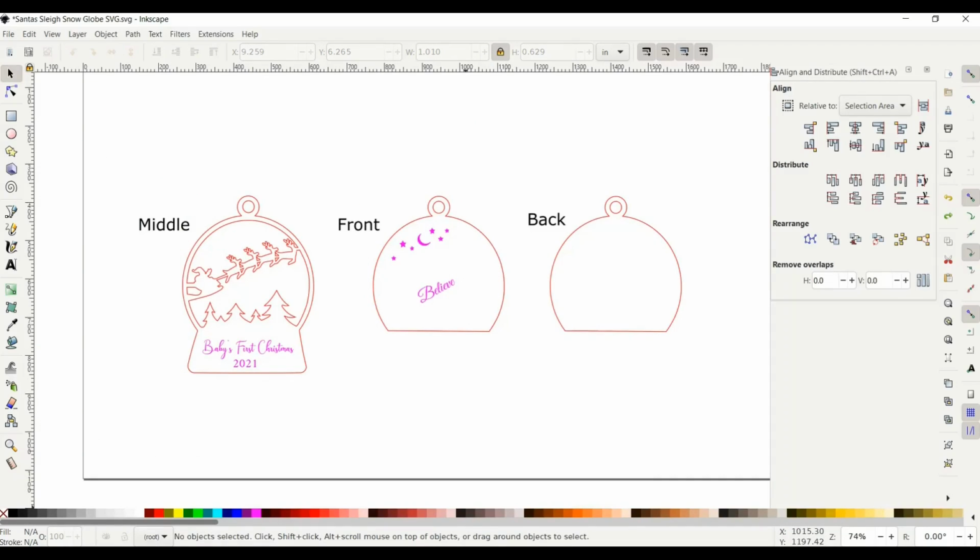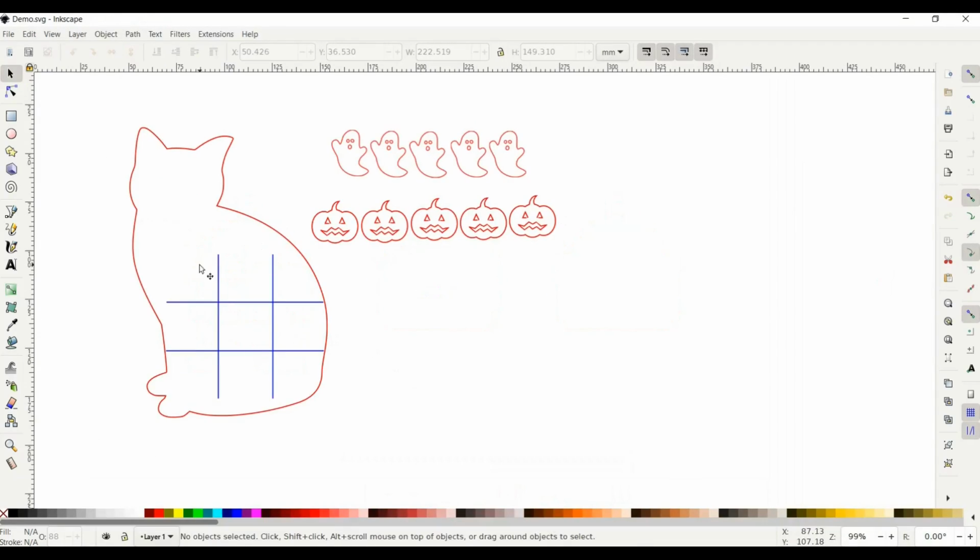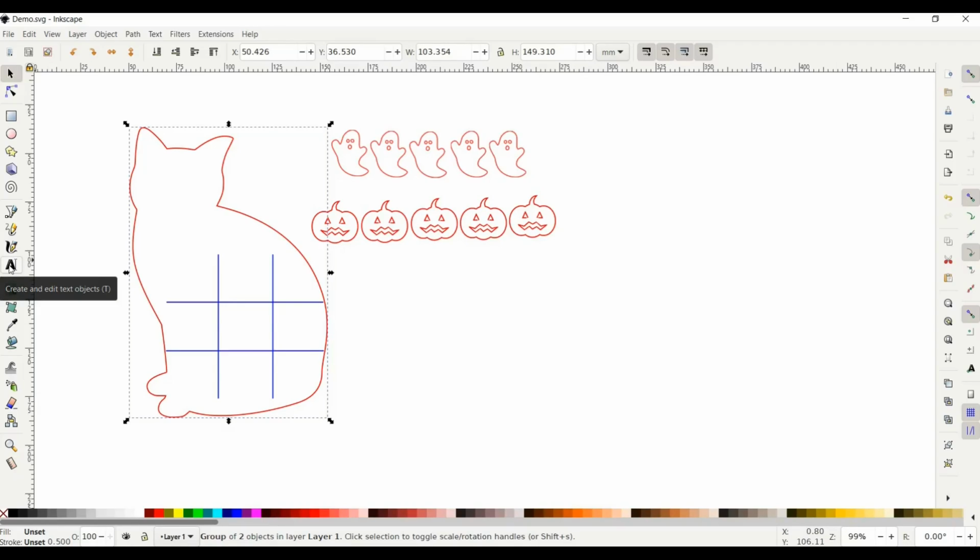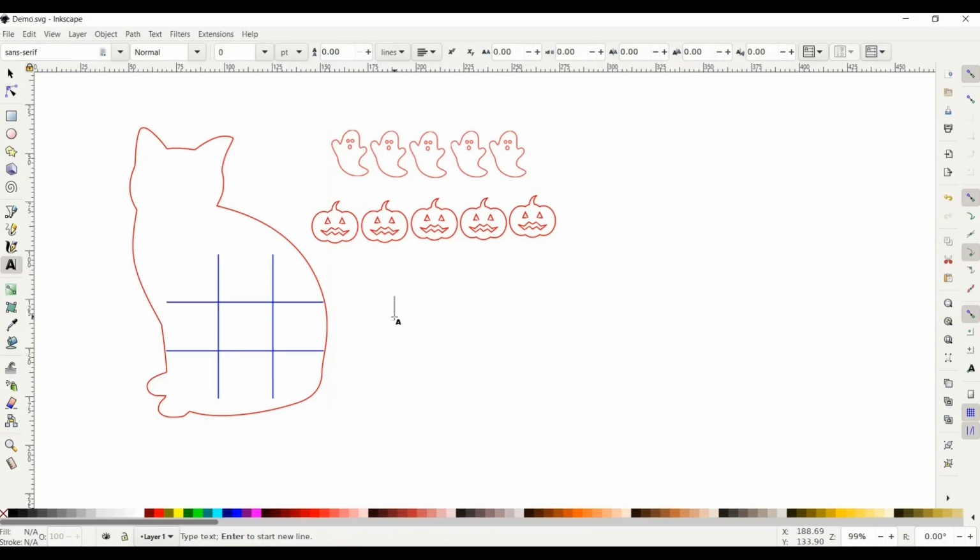I'm going to go over to another file over here that I have. It's just a tic-tac-toe that I printed on 1/4 inch Baltic birch plywood, and it comes out really nicely. It's just a small tabletop tic-tac-toe piece that you can have at parties or whatever you want to do with it. So I'm just going to add some text on this as well. So I'm going to go back to my Create Text and Edit Text Objects and just put Happy Halloween